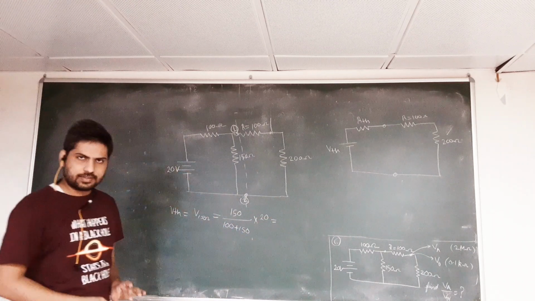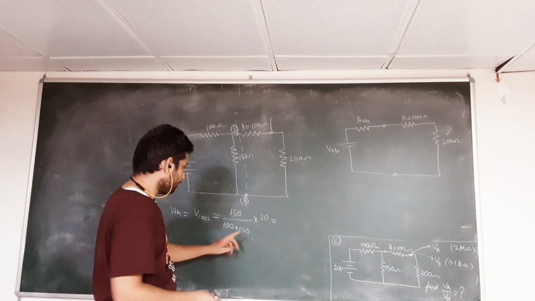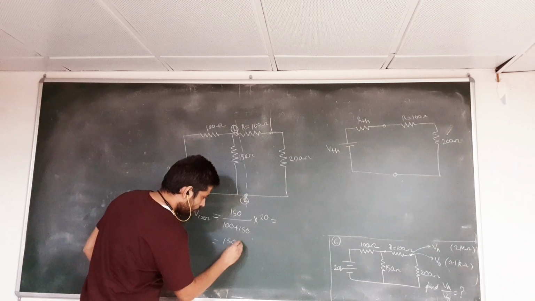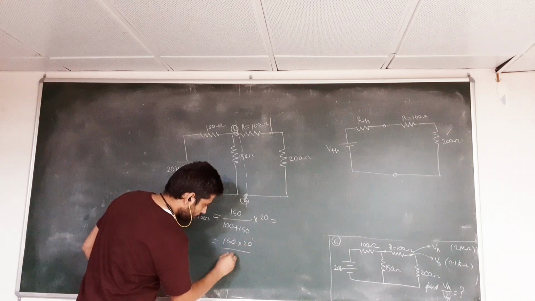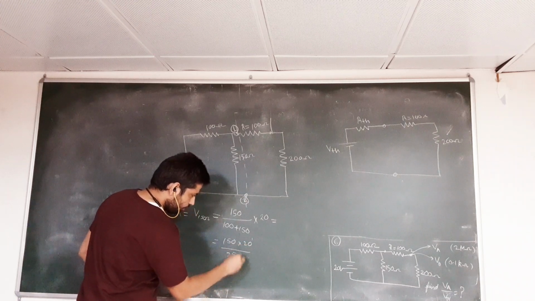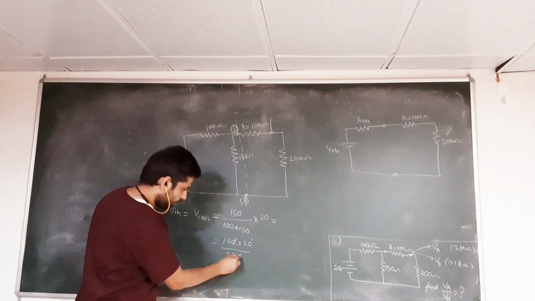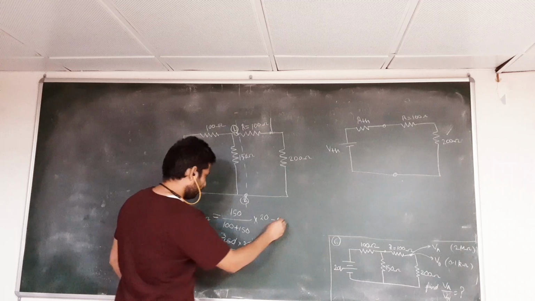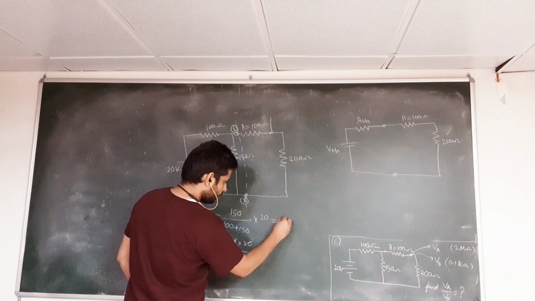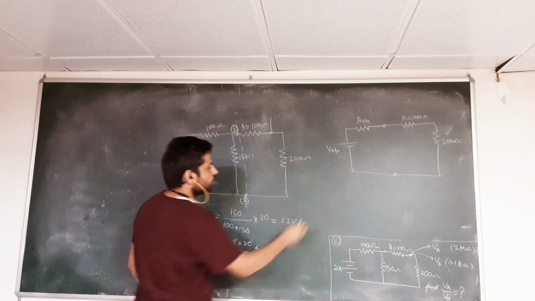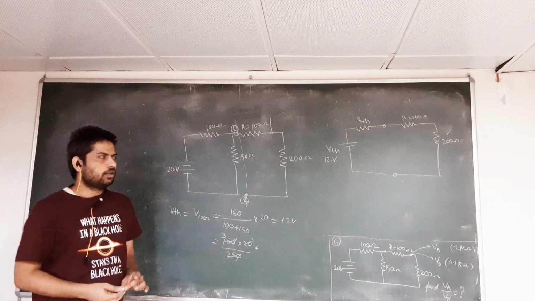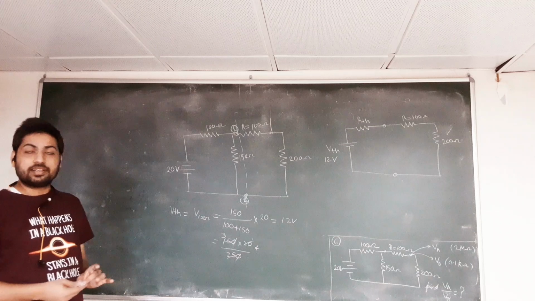You can simplify this circuit. It is 250 here, so we will have 150 times 20 by 250. The zeros can be cancelled, and this 5 will cancel as 3 and this as 4. So you will actually have this voltage VTH as 12. So this is your 12 volt. Now the second task is to find the RTH.